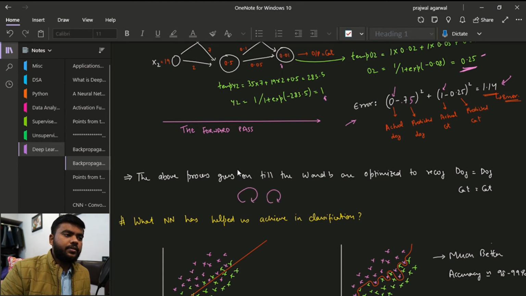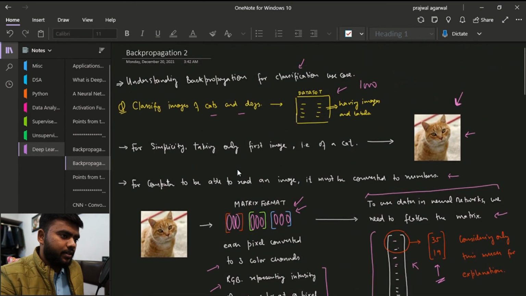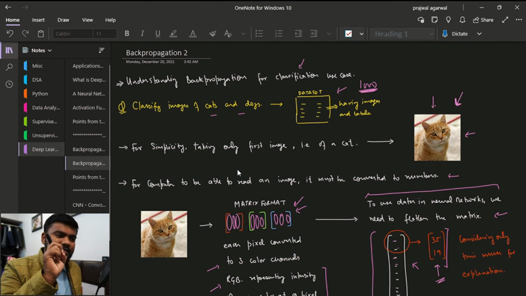So this process will keep on going. We will do the backpropagation, then the forward pass, then the backpropagation, then the forward pass, until we have achieved the optimum values of W and B. Now the thing is, right now, in the entire data set where we have 1,000 images, we had just taken the first image, and from that first image we had just taken the starting two values. So we had just taken a little sliver of the data that is presented to us.